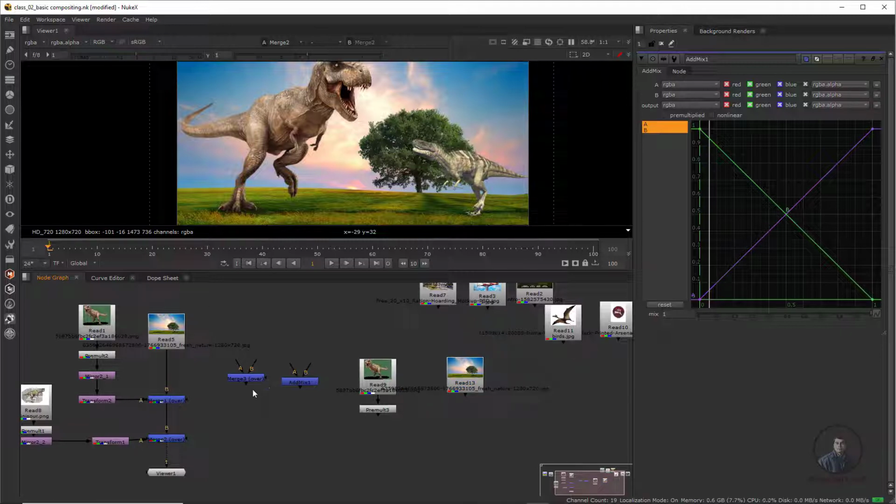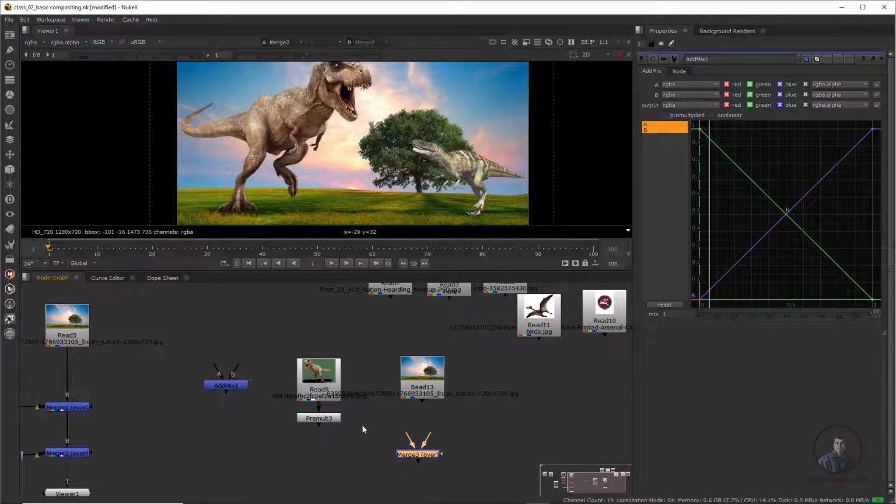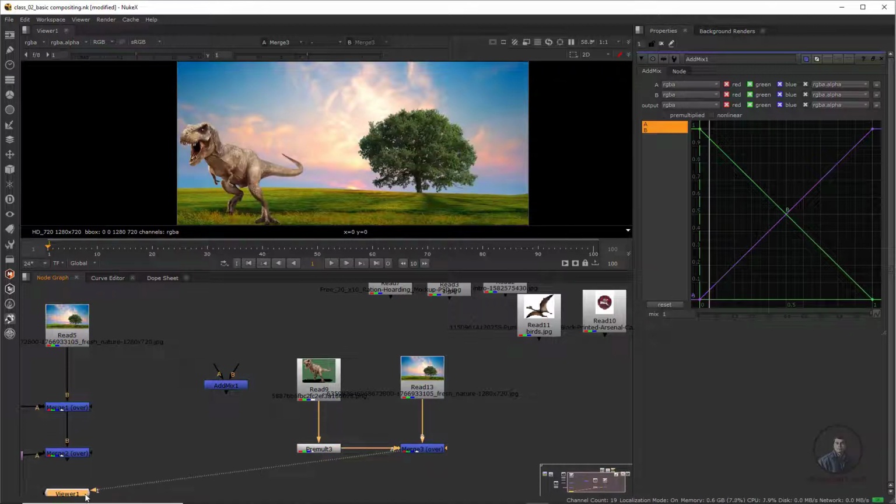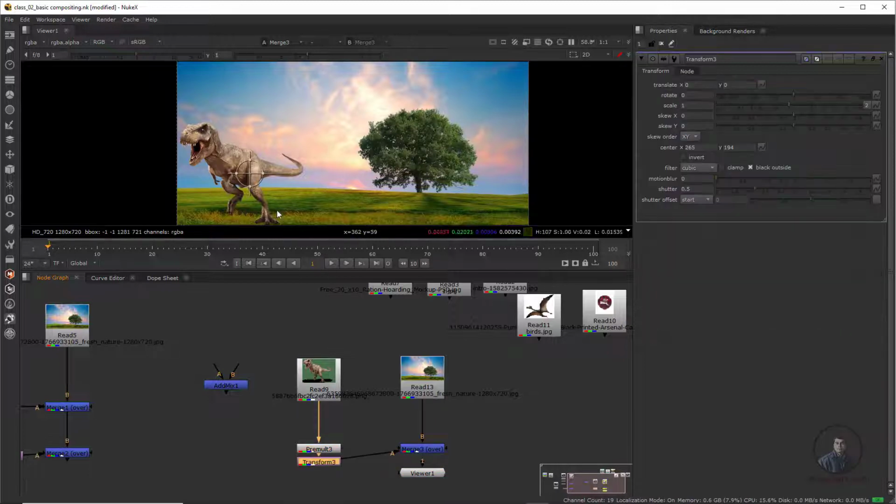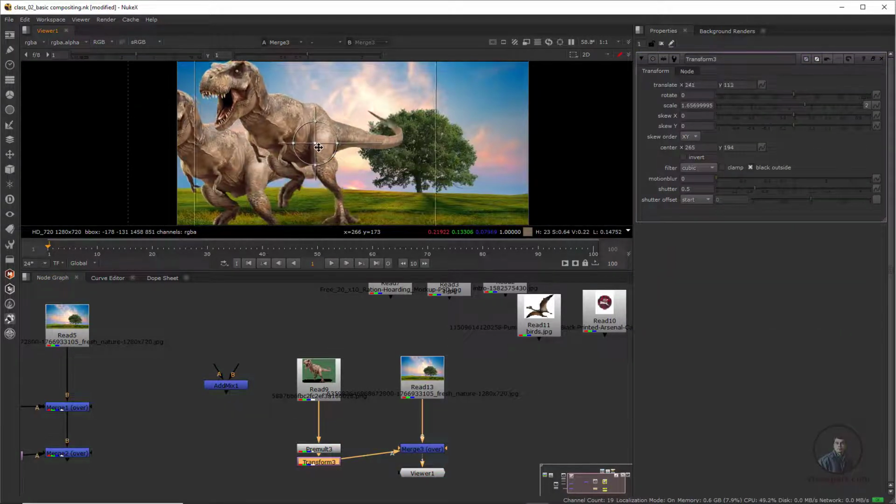First, I am going to see the details in our merge node. With the help of the merge node, we can merge two images. One will be the background, the second will be the foreground. So connect it here. This will be the background and this will be the foreground here, and this will be the result here. Select this one, press 1 here. So again move the viewer here and select this one, press T for transform, and keep it a little bit here.